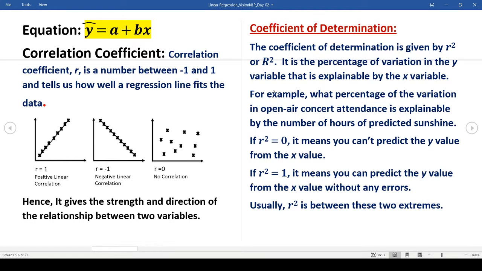So now, whatever I have explained here is clearly written over here. We call our r the coefficient, so r is something which tells you the correlation between the two variables. And what is the coefficient of determination? This is another term, which is more or less similar, called r square. It is the percentage of variation in the y variable,